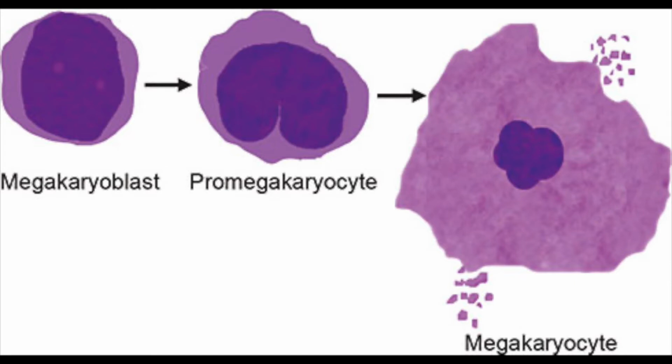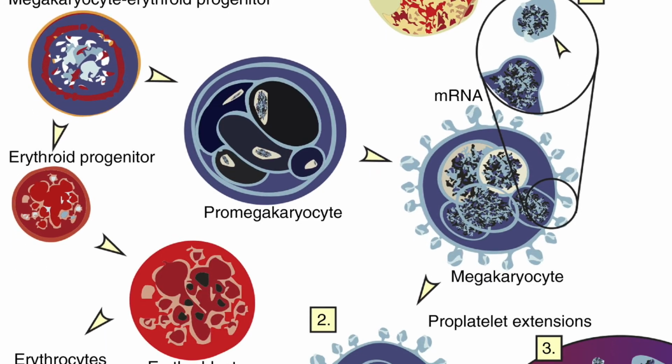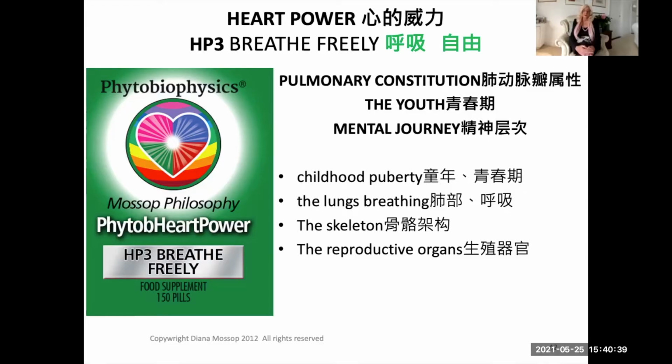So whenever there is injury to the dermis, the pulmonary dermis, whether it be internal or external, there will always be a connection with the bone marrow through these megakaryocytes. So it's very, very fascinating. But I'm probably going ahead of myself a little bit, because what I want to explain is that whilst the pulmonary constitution has key organs that it's linked with, such as the breathing and the lungs, the skeleton and the right-sided reproductive organs, we must never forget this concept of energy exchange through the internal and external skin and protection.